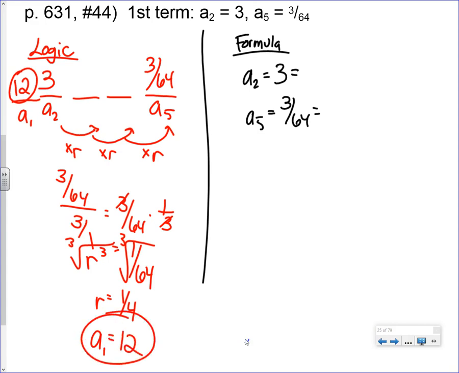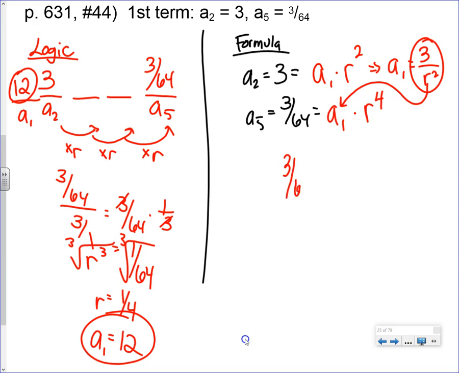Now, would it have worked to solve this way? And the answer is yes. But instead of doing elimination, which would be kind of nasty, it might be easier to do a little bit of substitution where you solve first. Then you could have plugged in, and if you had kept simplifying, you would have gotten 3 over 64 is equal to 3r